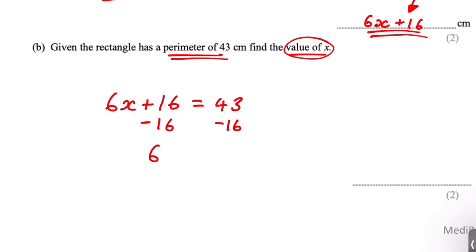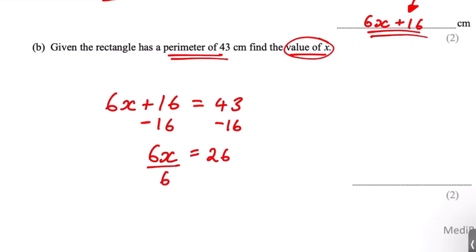So we're going to be left with 6x, and that's going to be equal to 43, subtract 16, which is 36. No, it's not 36, 43 subtract 16 is going to be 26. Okay, and then we're going to get x by itself, which means that we're going to divide by 6